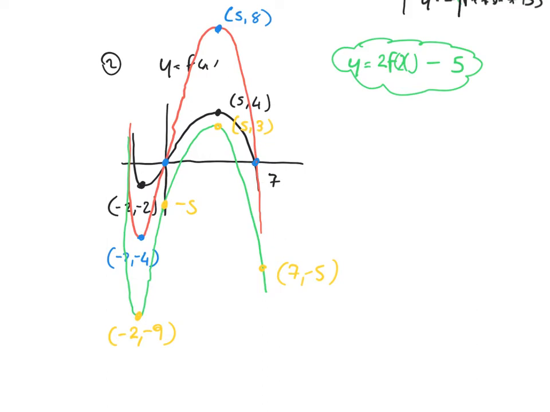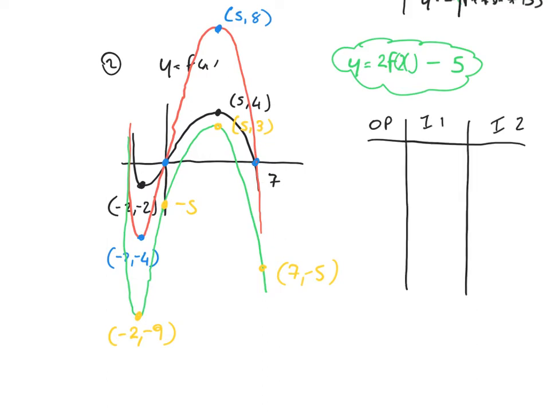Let's now put on the original points and the two sets of images. Okay, so the original points then were minus 2, and then the origin 0, 0, and then 5, 4. Okay, our first set of images given by the curve that's in red was minus 2, minus 4. And then 0, 0. And then